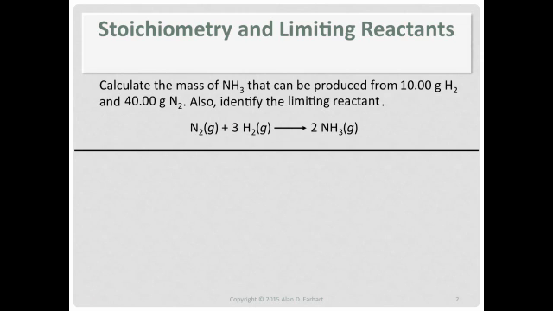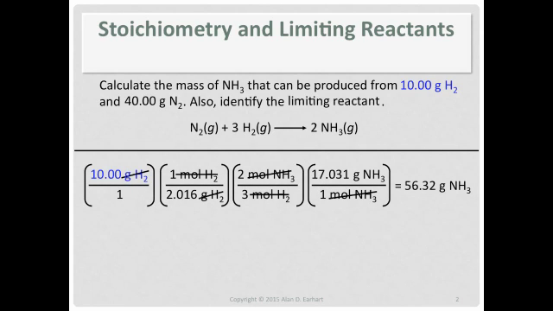We've done this problem two different ways. The first way that I showed you was the method that I referred to as the brute force method, which is how many reactants do you have? That's how many stoichiometry calculations you do. So we take the mass of the H2 and calculate the mass of ammonia that can be generated, and we assume that we have an excess of the other reactant, the N2.